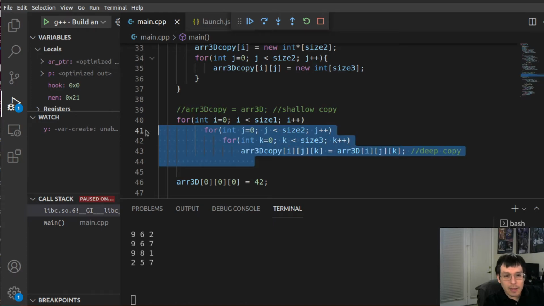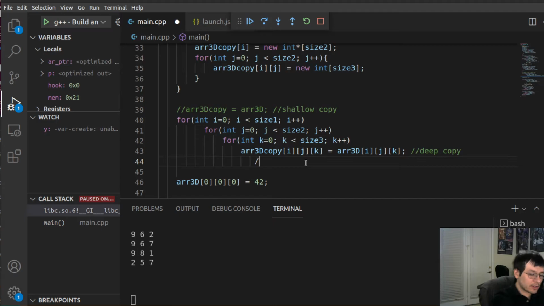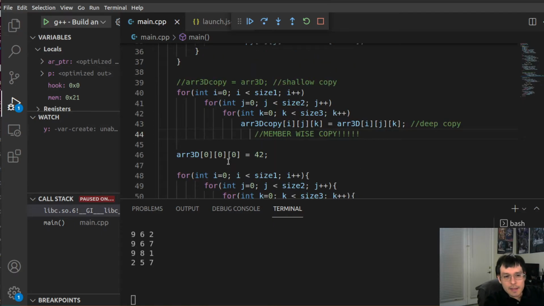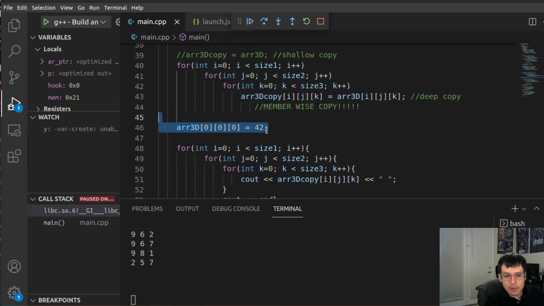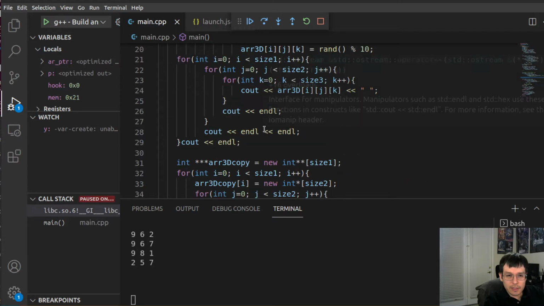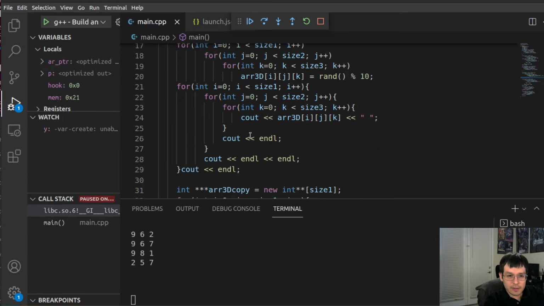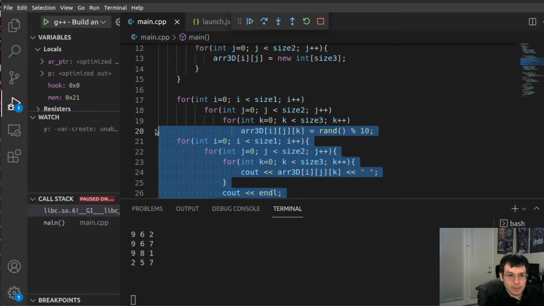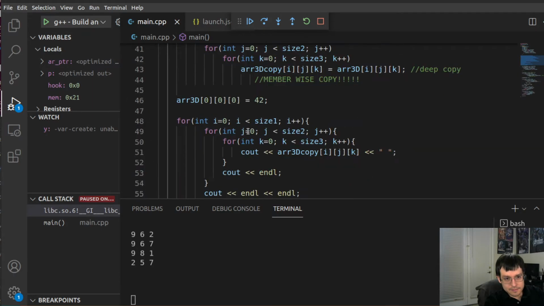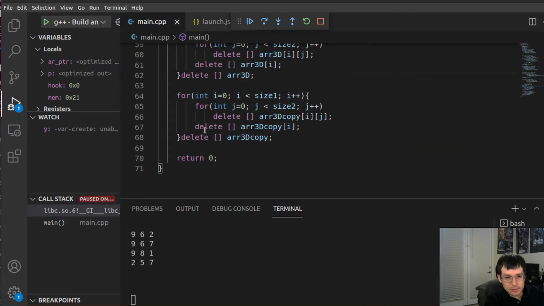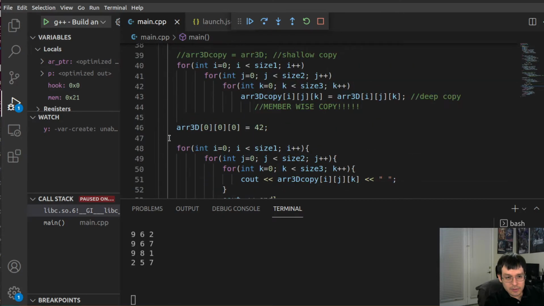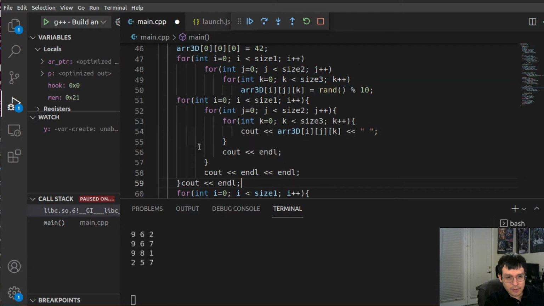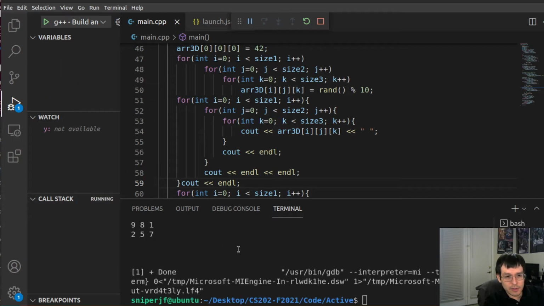But now I am not doing that. I am doing a deep copy, which is a member-wise copy. Now, even if I modify one of the arrays, the other one will remain the same. I actually did need to have the cout back in there so you can see that, so I'm going to have to copy that again. Very cool. So I'm going to put it right here. If I run this,